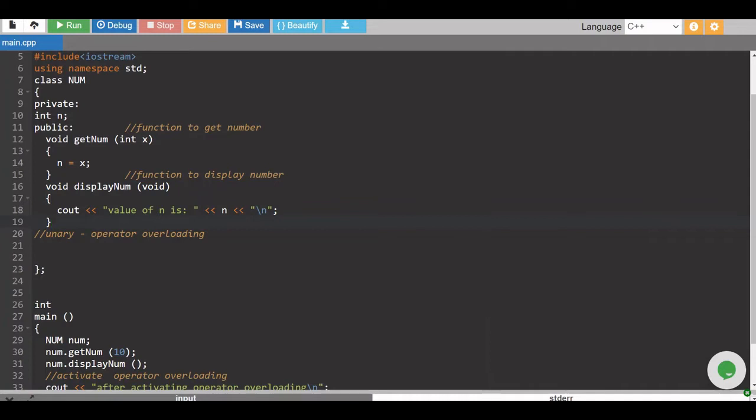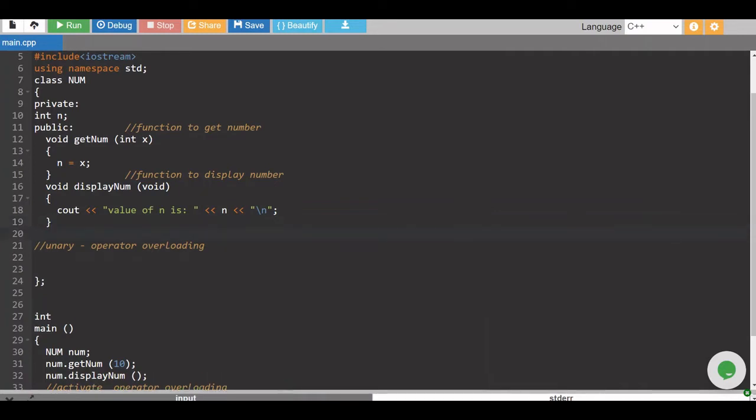Let's see. I'm doing this example using member functions. After that I will show how it can be achieved using a friend function. So basically I created a class Num where I declared int n in private, and in public I created two functions, getNum for getting the number and displayNum for displaying the number.